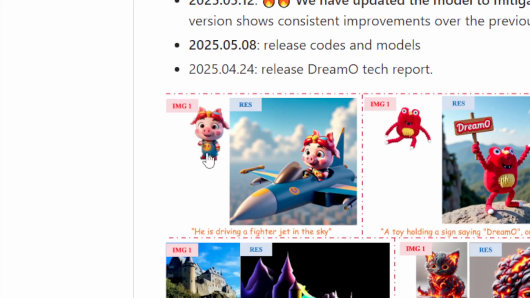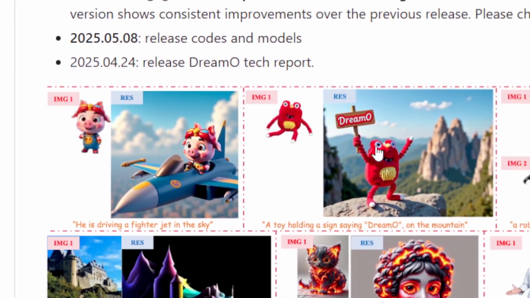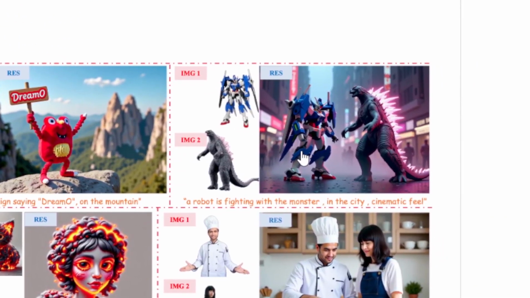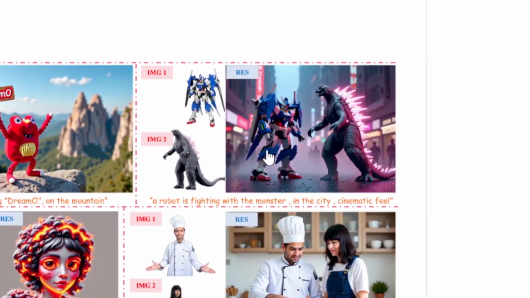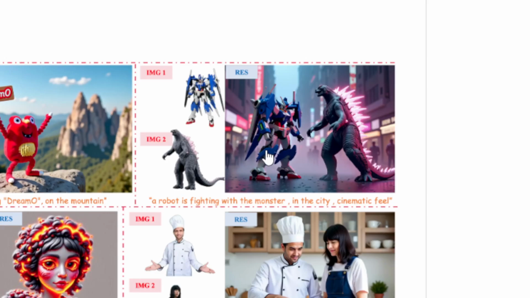So for example, here there is a picture of a big 3D character, and then the prompt is he's driving a fighter jet in the sky, and this is the same character but in a different environment. The same is true for this picture and also this picture, and it is possible to input more than one character and let AI actually understand the picture and generate a new AI image based on the characters that